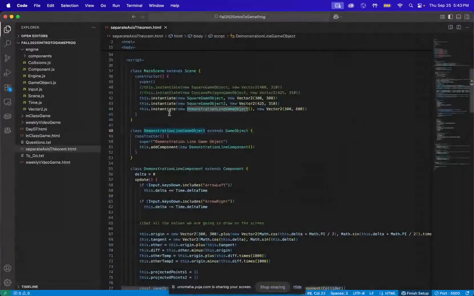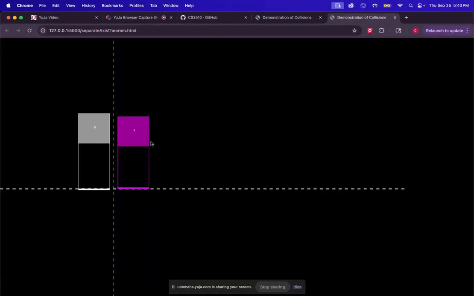Okay, today's going to be a kind of simple video. We're just going to review the separating axis theorem and expand on it in the game that we have. So, the separating axis theorem, let's open this up, basically states, say we have two objects that may or may not